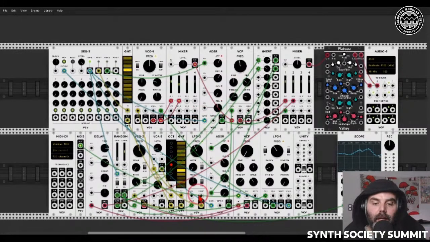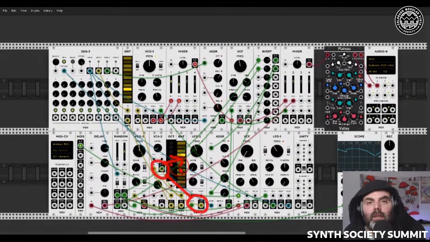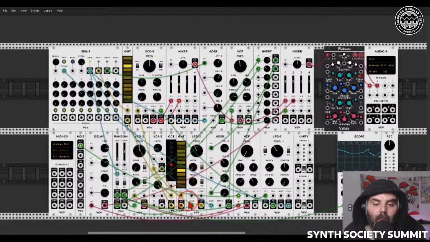Another voice I have here, I have the LFO2, so the second LFO. I have it generating pitch information through the VCA here and the quantizer. So I'm quantizing the LFO basically, which creates a sort of an arpeggio. I'm also modulating the wave of the LFOs.